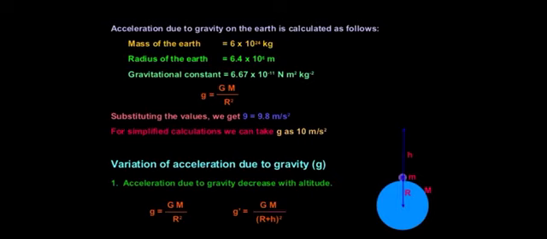Now I will tell you the variation of this acceleration due to gravity according to the depth, according to the altitude, all these things. So first point is that acceleration due to gravity decreases with altitude. So here you can see the formula for small g, and the formula will be different if the altitude is changed. Capital R plus small h will be there because we are going at a height. So this radius will be increased. So it will become capital R plus h. So overall, the value of small g will be decreased.